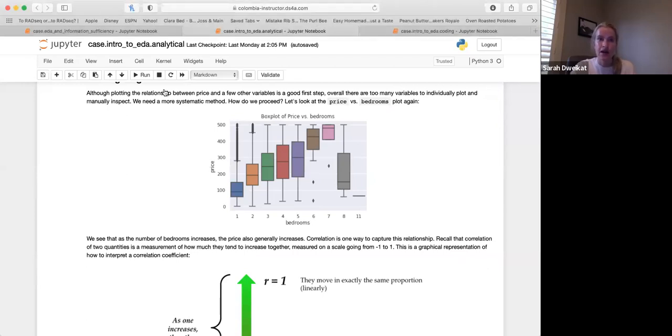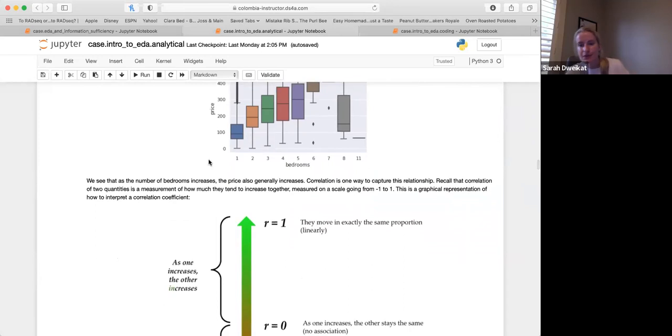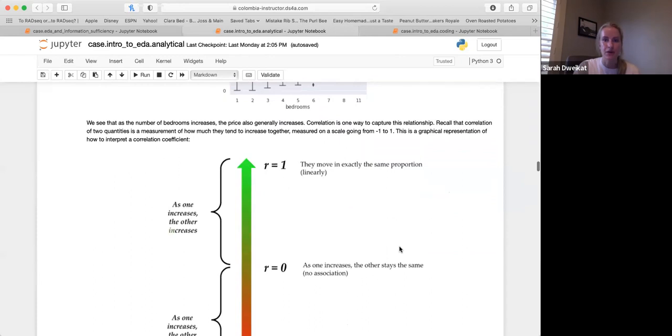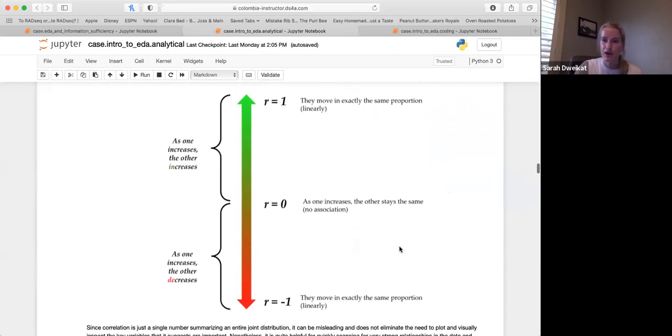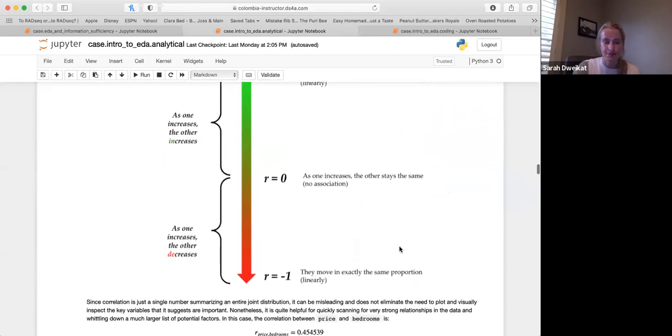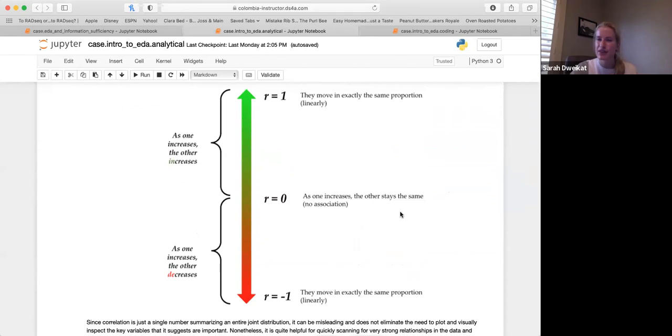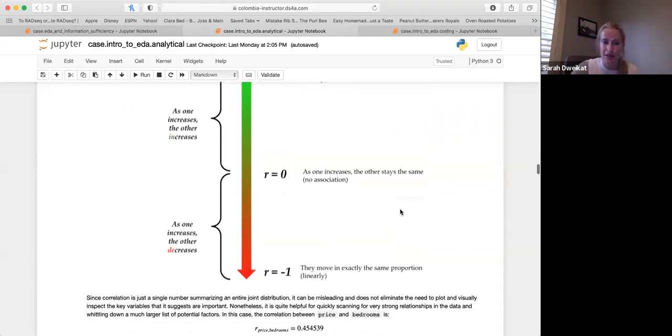the values. Someone asked about different types of correlations in the chat. In Python, you can choose the different types of correlations, a Pearson, a Spearman. I believe it is automatically a Pearson correlation when we put in our code. We'll go over the code in the next section. But the important point here is to think about these R values in terms of what they mean for your correlation. And we'll look at some examples.